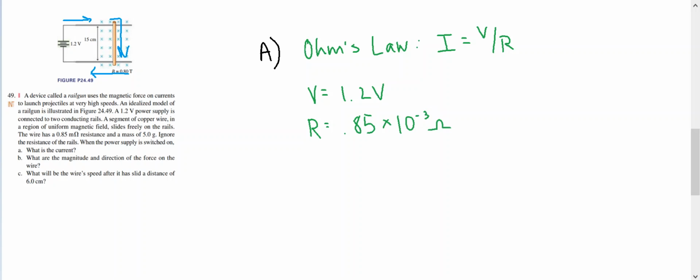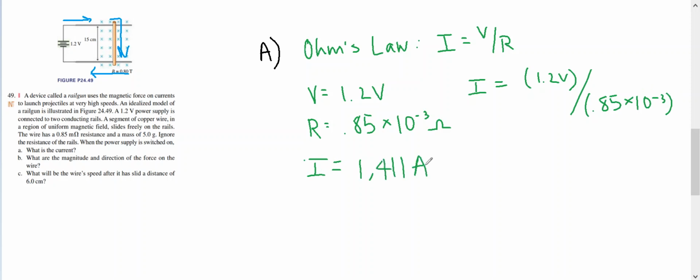And we plug these values into our equation. So we'll do 1.2 volts divided by 0.85 times 10 to the negative 3. This gives us a total of